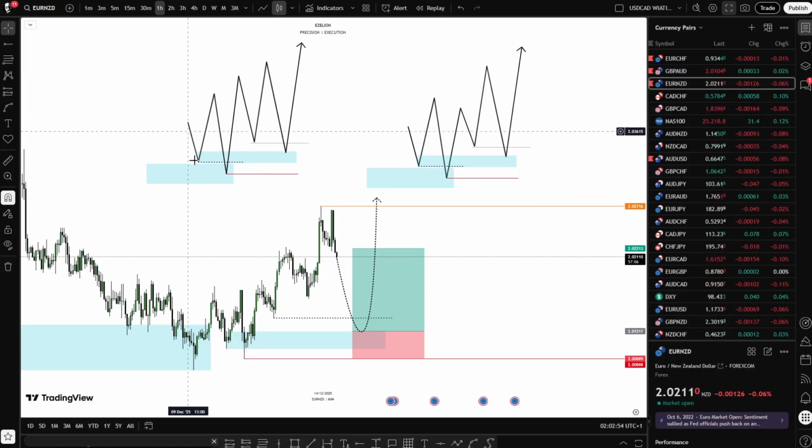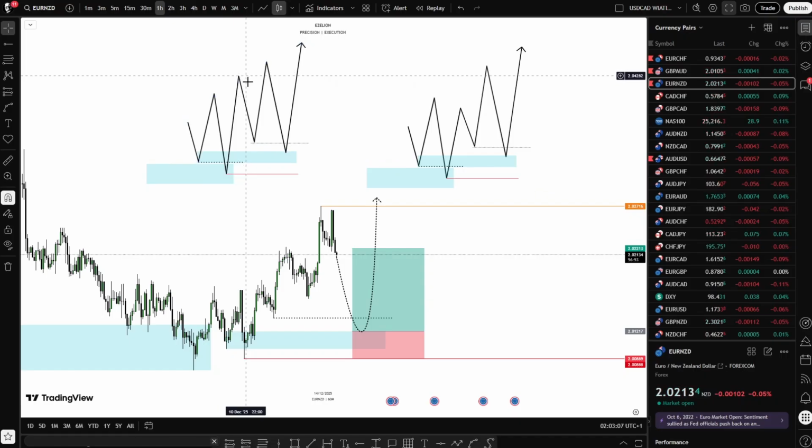Now, this is what we are looking for. We are looking for a liquidity sweep, break, and structural liquidity, then enter. So this pattern can actually come in two ways. You can have a liquidity sweep, then a break of structure, then price comes down and gives us an incomplete pullback. Then we set our limit order, expecting price to take out that low and expand